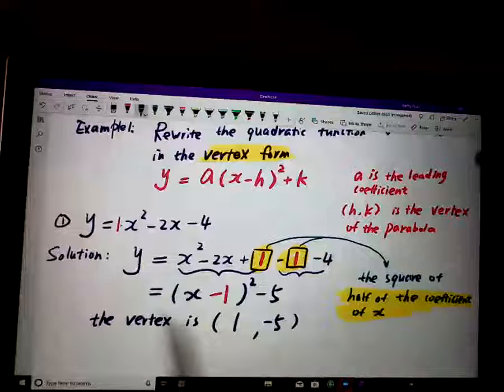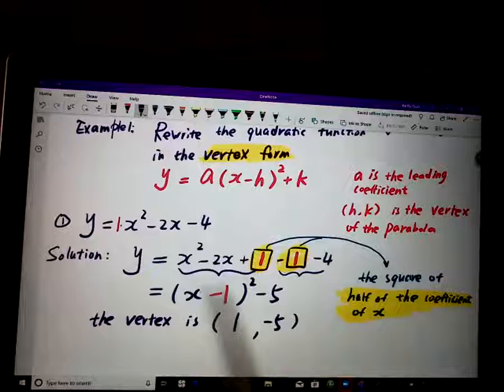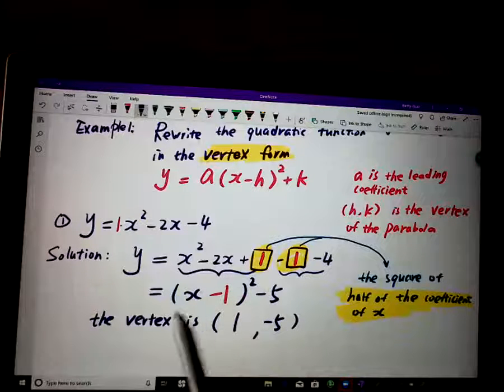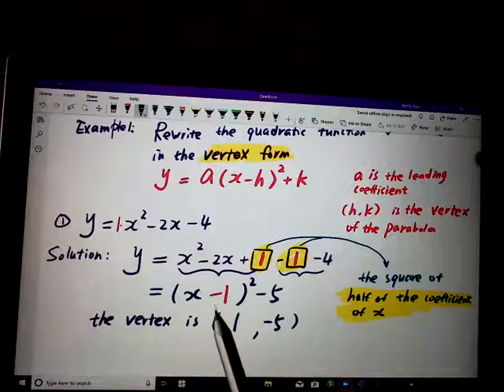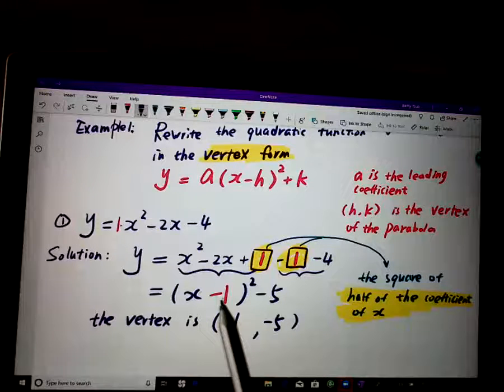Because in order for y to have the value -5, the perfect square part must be 0. In order for the perfect square part to be 0, the base inside the parentheses must be 0. In order for the base x minus 1 to be 0, x has to be the opposite of -1, which is